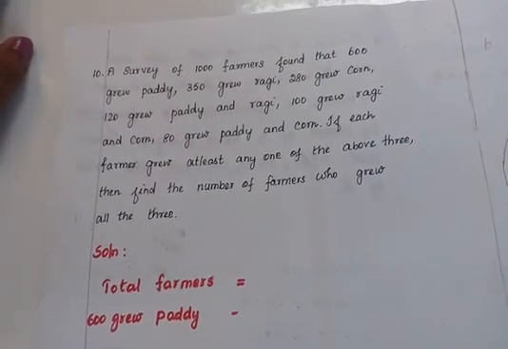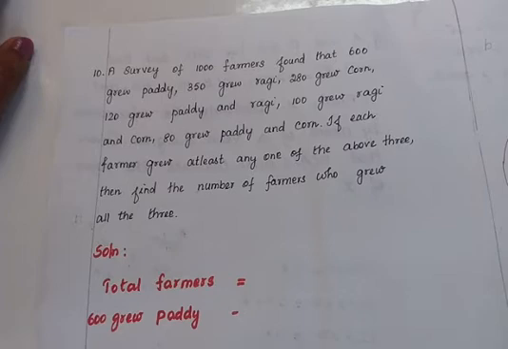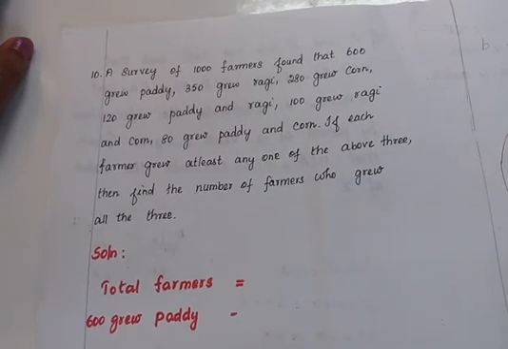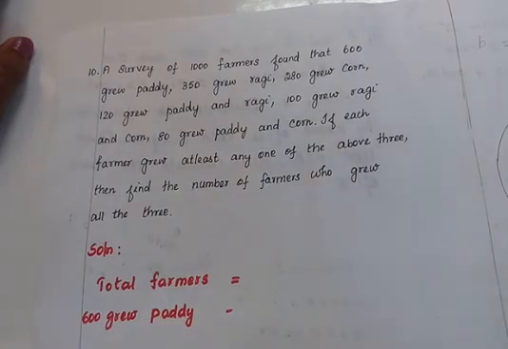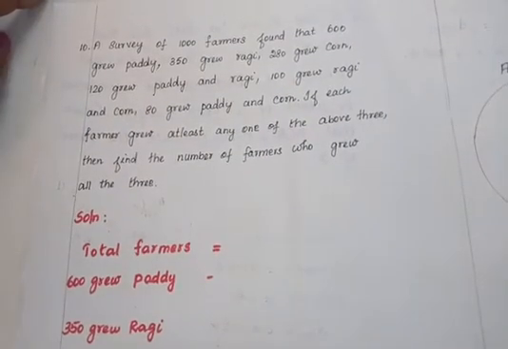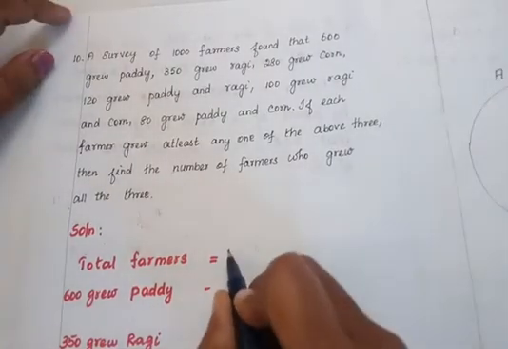10th question. A survey of 1000 farmers found that 600 grew paddy, 350 grew ragi, 280 grew corn, 120 grew paddy and ragi, 100 grew ragi and corn, and 80 grew paddy and corn. If each farmer grew at least one of the above three, then find the number of farmers who grew all the three. So total farmers given is 1000,